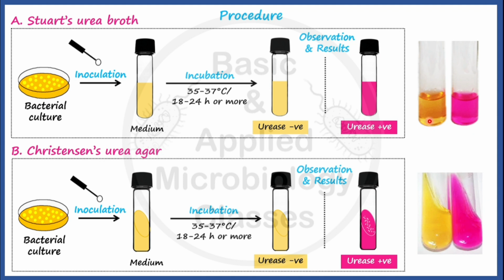Yellow color here is going to indicate what? The absence of urease activity. And in the same way, Christensen's urea agar, which is a solid medium, its tube will look like this, which is going to show us the medium poured in a slanting position in the tubes. So here yellow color is indicating urease negative results and pinkish color is indicating urease positive reaction. So I hope you are very clear about the stepwise procedure, how the urease test is performed in the laboratory either by liquid medium or by solid medium.